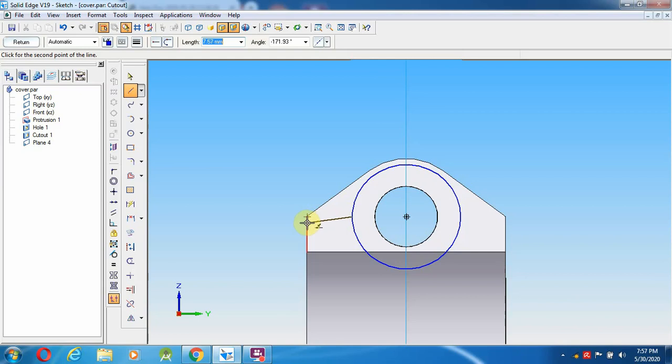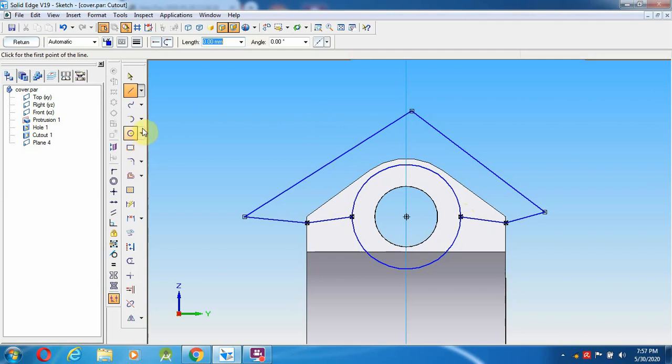You can move a little bit to make it on the other side, and mid.